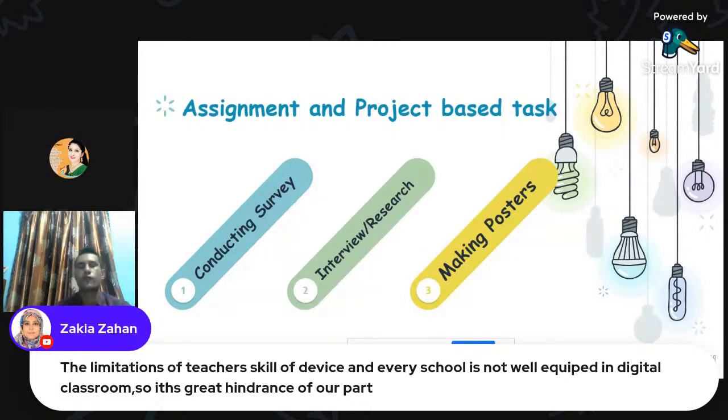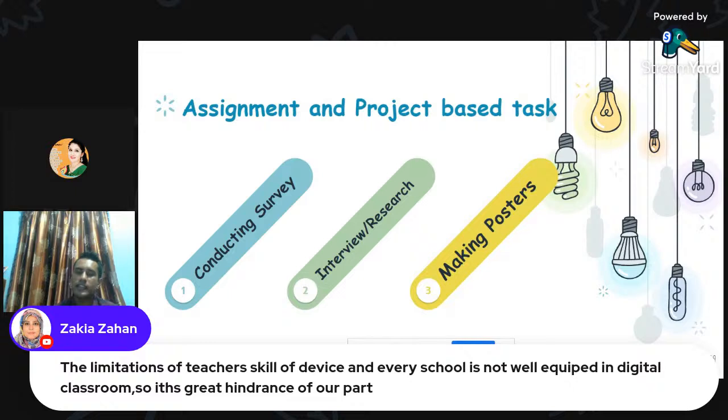For the earliest students, maybe grade one or grade two, they sometimes struggle to make questions. But if you ask them to form their own questions, they can prepare them in a Google form and circulate it to their friends, school community, or neighbors, and they can get the responses from them.